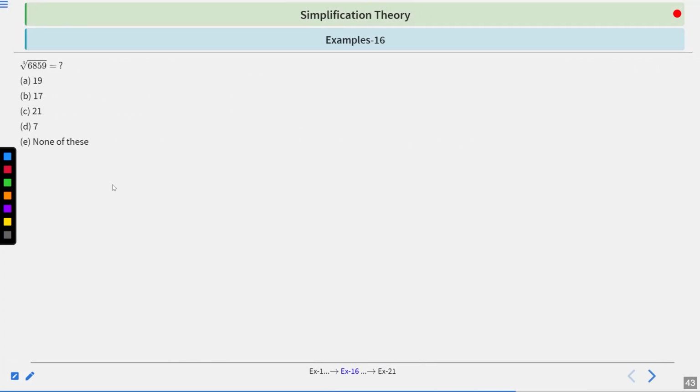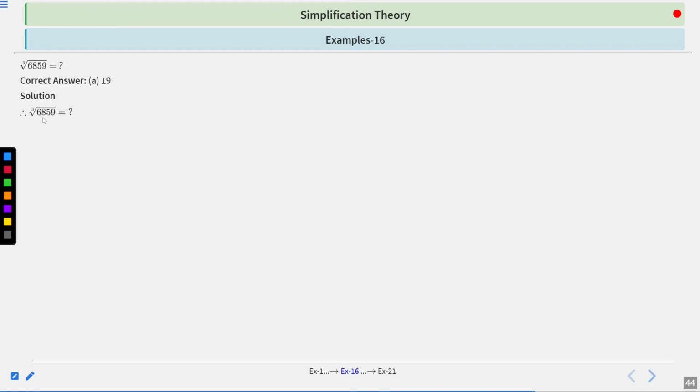Cube root of 6859 equals to. So you have 5 options: 19, 17, 21, 7, and none of these. Now see the solution. So the correct answer is 19. Now see the solution. So in this question it is given that cube root of